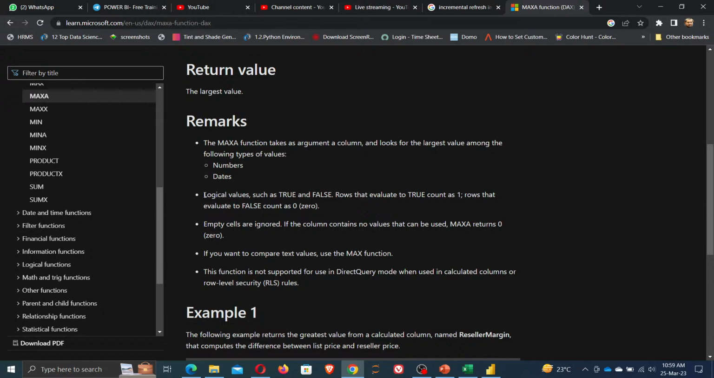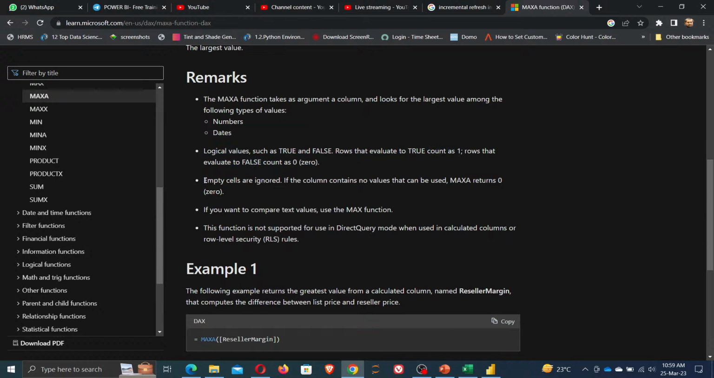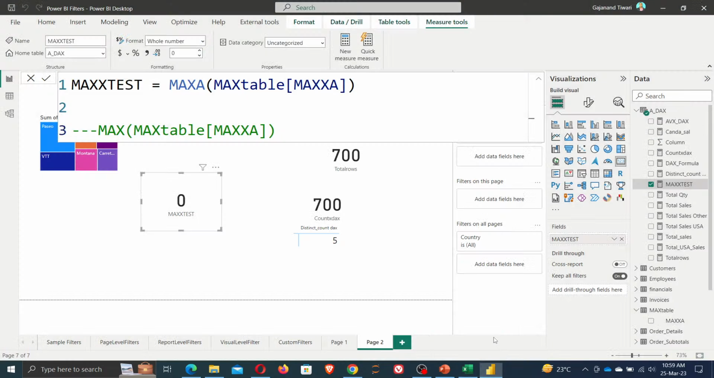Let's look at the next one. Logical values, true or false. Rows that evaluate to true count as 1 and rows that evaluate to false count as 0. Empty cells are ignored. If the column contains no value, MAX will return 0. It means empty cells are ignored, and if the column contains no value, it is considered 0. If you want to compare text values, then use MAXA. Means we need to use MAXA. So let's see. It means if I use the MAX here,